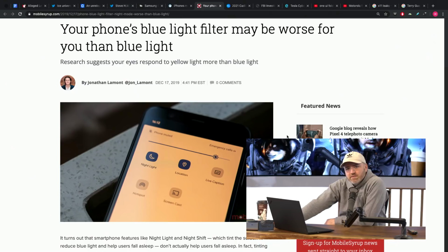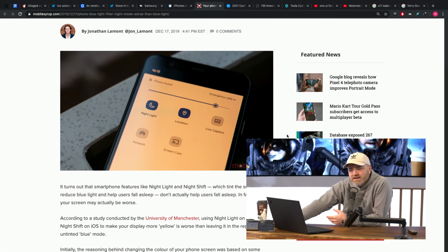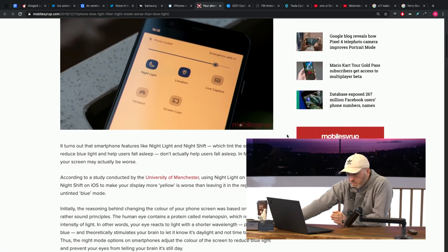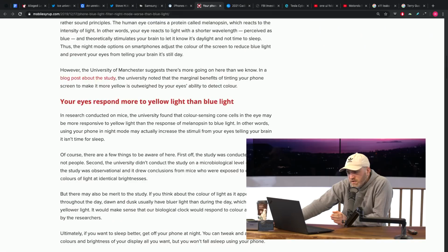So the way this breaks down is there's some new research apparently pointing to the fact that our eyes behave differently. Yes, blue light is damaging, but potentially yellow light is signaling something to our brain differently from blue light, particularly that yellow light happens around midday, and it can trigger a recognition of daylight in a different way than the response your eyes have to blue light. So there's a line here. There's a particular word relating to it. Oh, here we go. I don't have it yet. It's a protein,